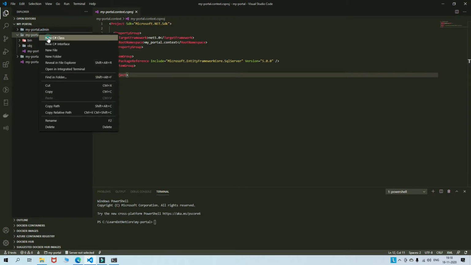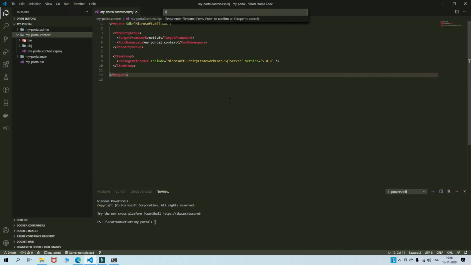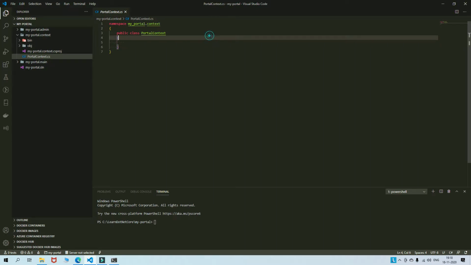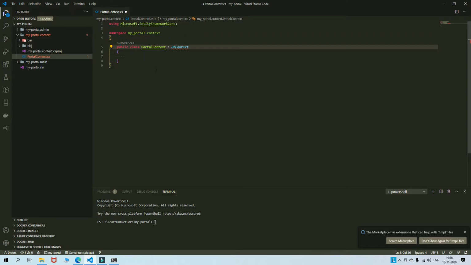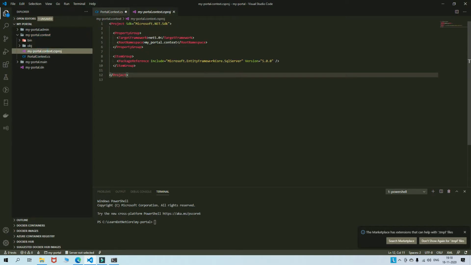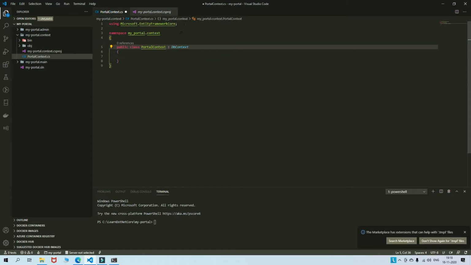Now let's add the class file. I'll name it PortalContext. It has to inherit from the DbContext base class. It's already there because this is with .NET 5.0. Earlier we had to install both .NET Core and SQL Server. Now if you install SQL Server, the framework will also automatically get installed for us, right? Okay,